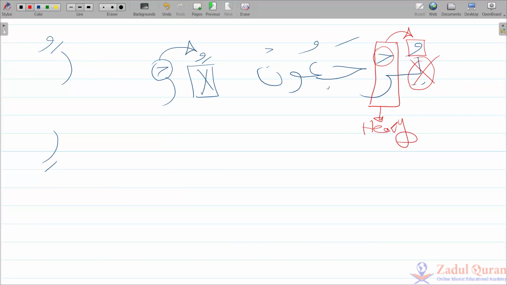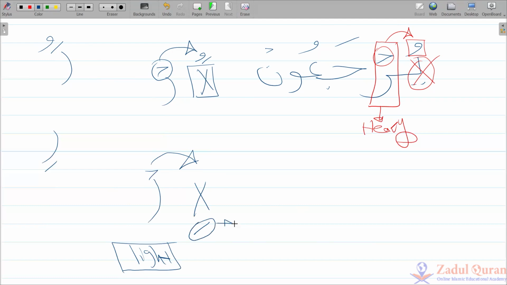Okay, but how about if this Ra, which is Ra sakina, is preceded by a letter, which we call X letter, that has a kasra? Should be light, correct? But here you need to focus because this kasra has to be an original kasra. This is the first condition. So if it's non-original, Ra is not a light Ra. It has to be a heavy Ra.